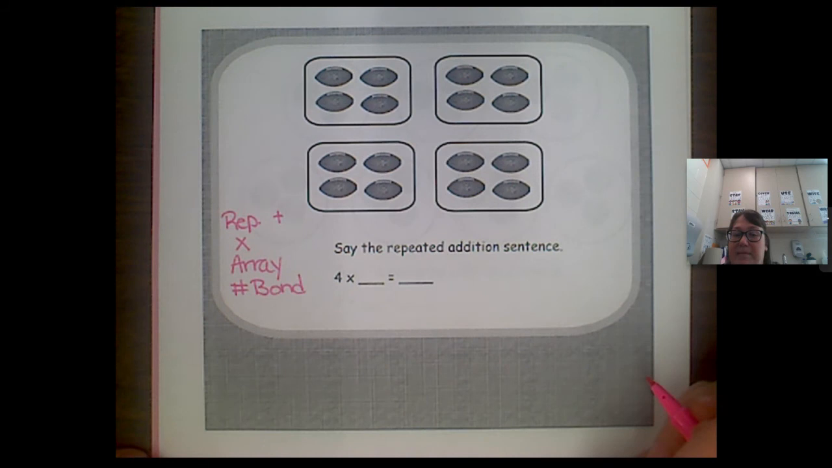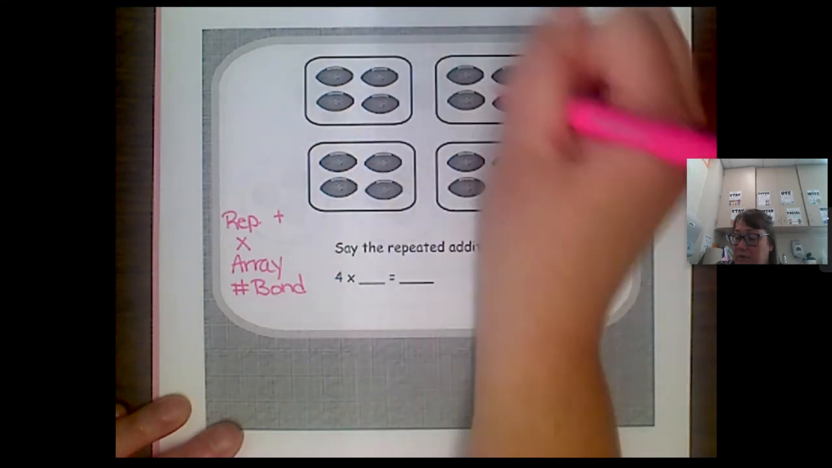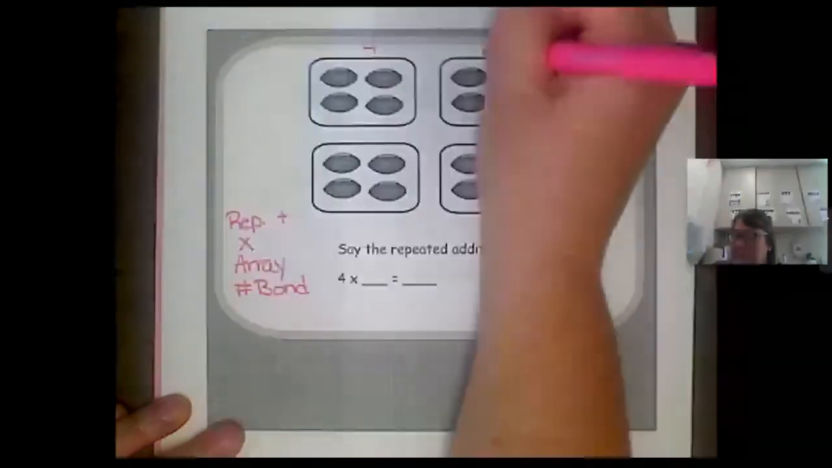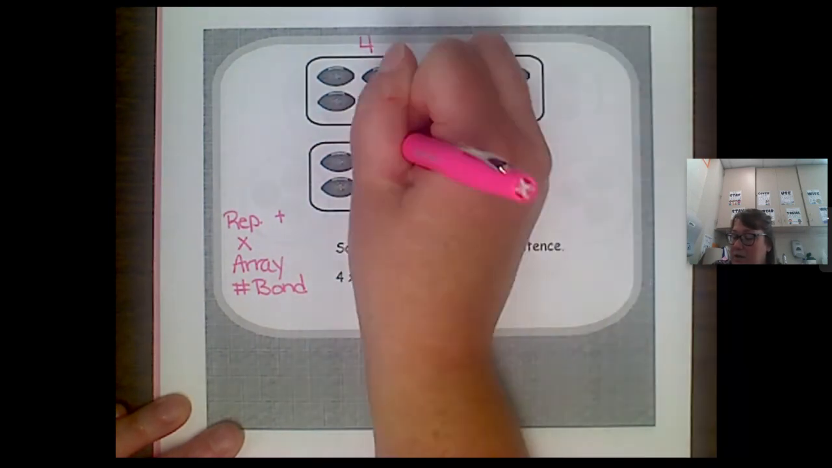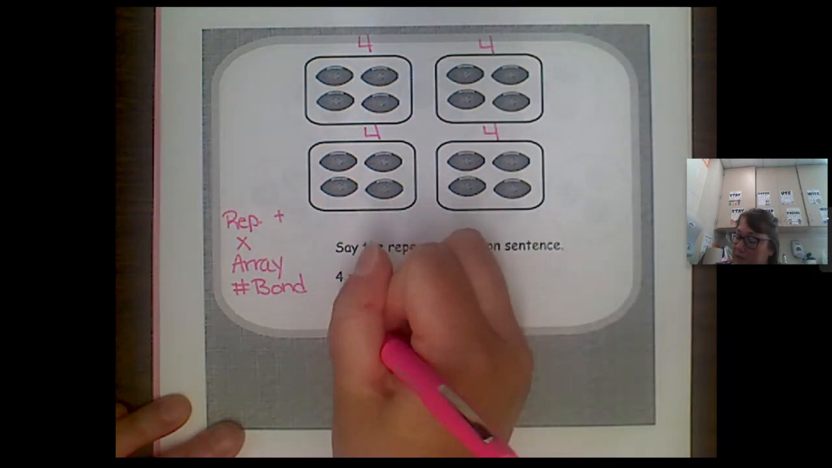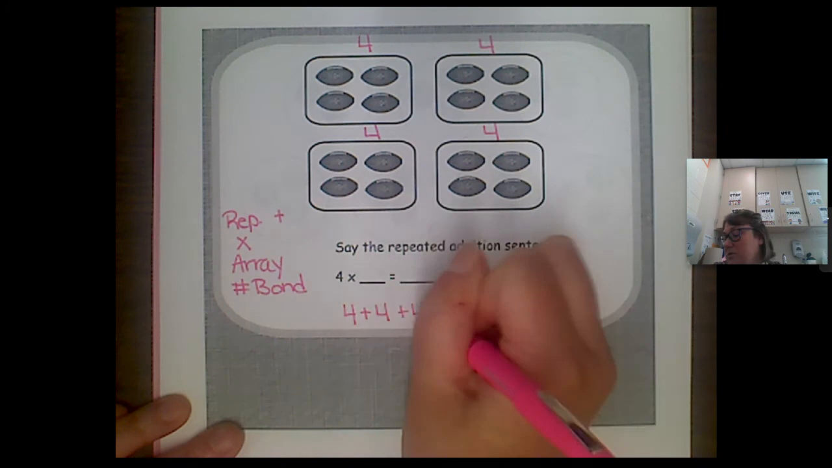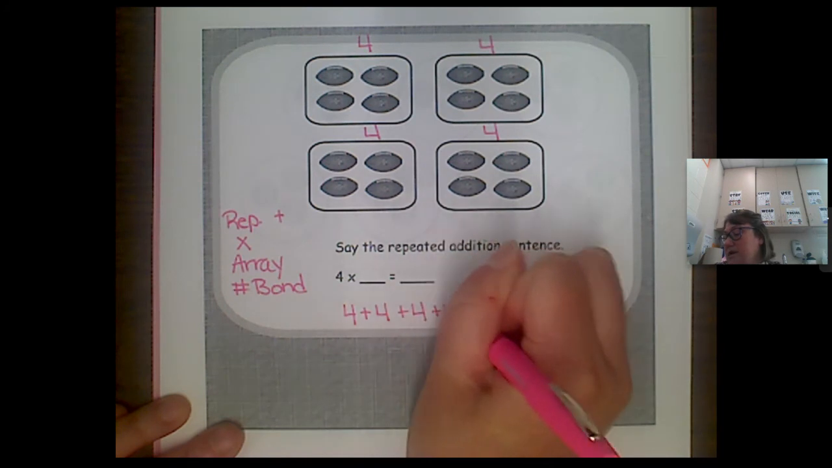All right, again, my little friends, I'm hoping that you're pausing and doing the work so that you can come back and check. So for the repeated addition sentence, there's 4 groups of 4. So I'm going to go ahead and stick a 4 on each one. Okay. And then the repeated addition sentence would be 4 plus 4 plus 4 plus 4 equals, and to